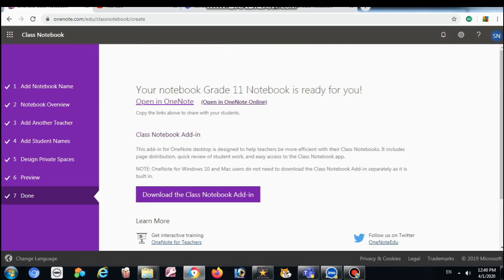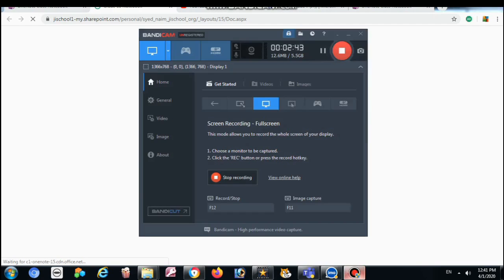This will be the first screen of your notebook. You can see your notebook, grade 11, is ready. Now you have to open it in the browser, or download the application on your desktop or laptop. Suppose I am opening it in the browser. So once I open it,